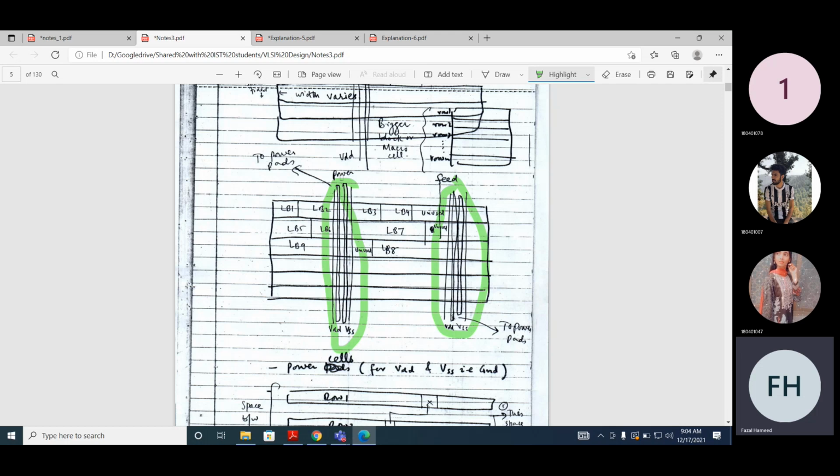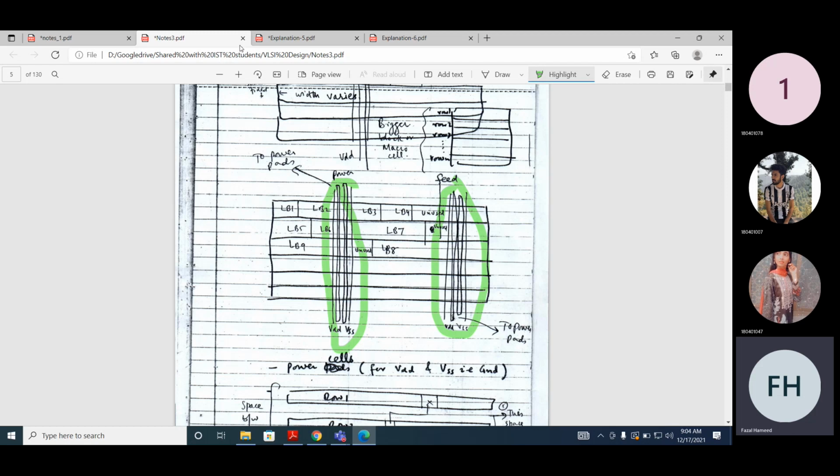Why for power? Because you need VDD. If you remember in CMOS logic, VDD is typically connected to each block. So apart from VDD, you also need ground. So actually these are the power rails. So you have vertical power rails, and the different instances.